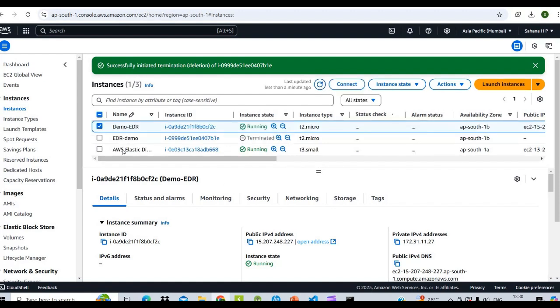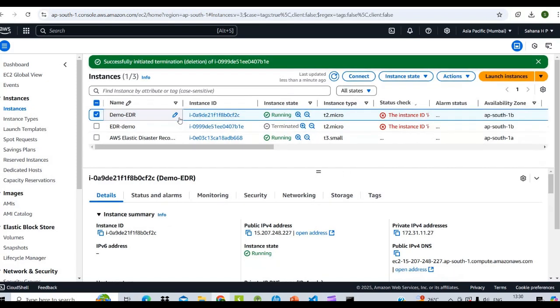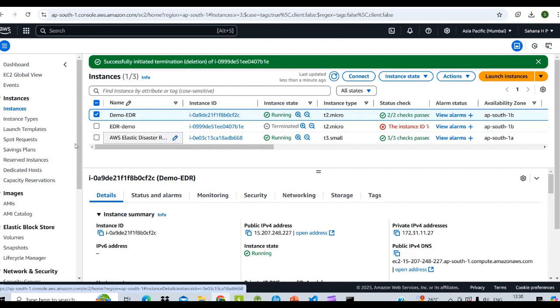Here we can see the Elastic Disaster Recovery is replicated. When the source installation agent installation is done, it's replicated to the EC2 instances. We can see the AWS Disaster Recovery replication server is running.